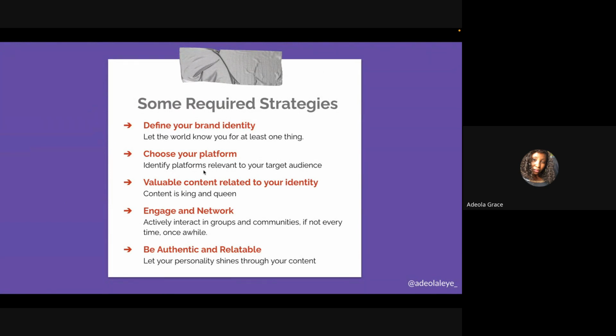Yeah, this is choose your platform. If you are a developer, you can choose platforms like Dev, where you can write some technical articles. We have a lot of them like that. Can you imagine, none of them is coming to my head right now. Even GitHub, right? Contributing to open source and all of those things can be part of what helps you build yourself and your brand. Just make sure the way they see you out there is exactly what you want them to see you to be, not otherwise, right?